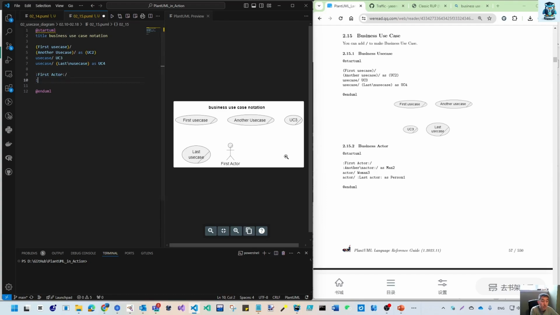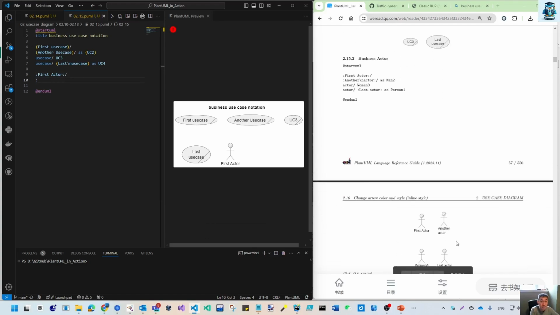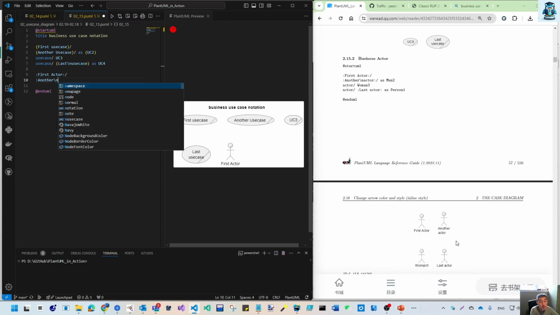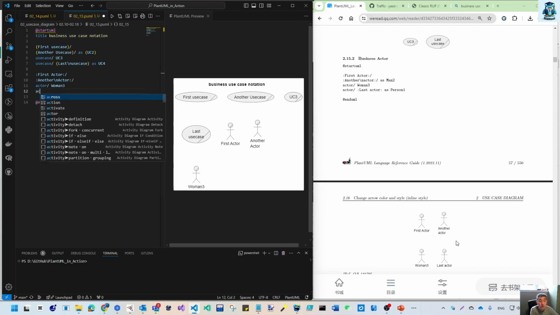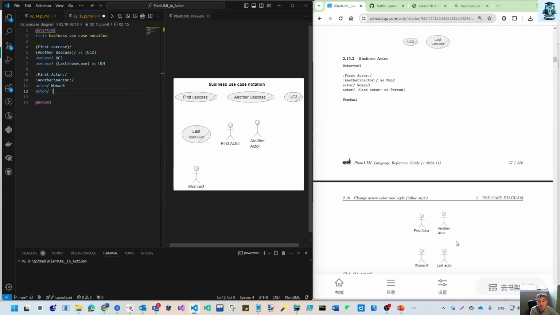So the second way is we can have double lines. So for the text is another, and we have our slash n, and then the actor with this colon. Then we can have our slash, and that will be our business actor. And also you can have our keywords followed with this slash and give a name, woman. Then you have this one, and also keywords with our standard name with the alias. So the last actor